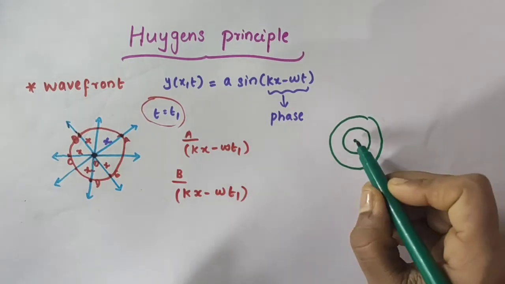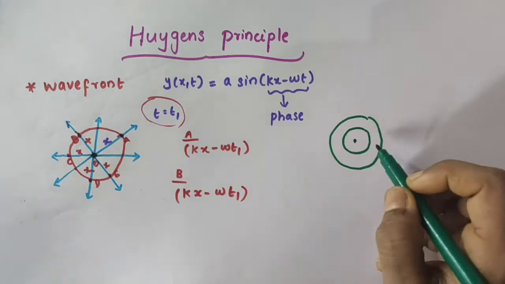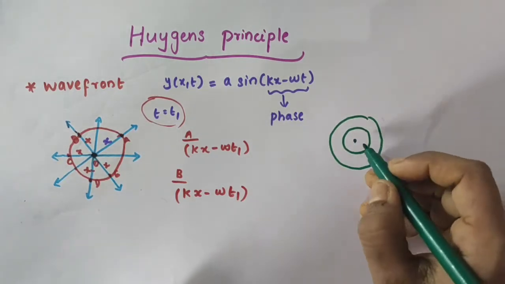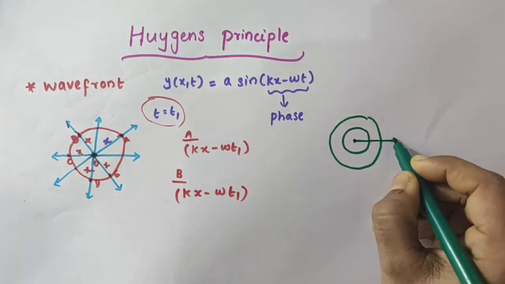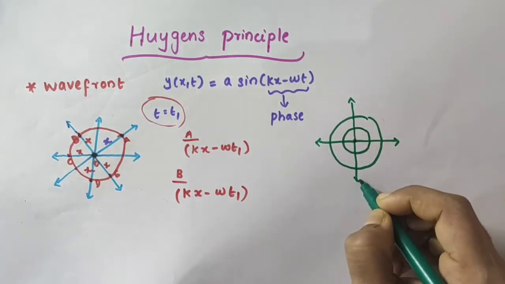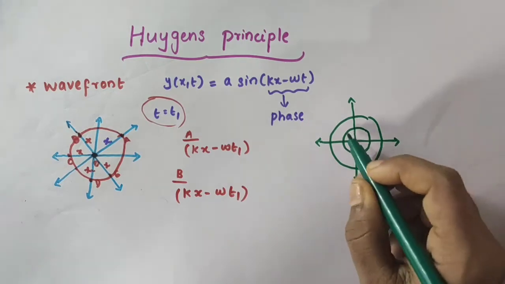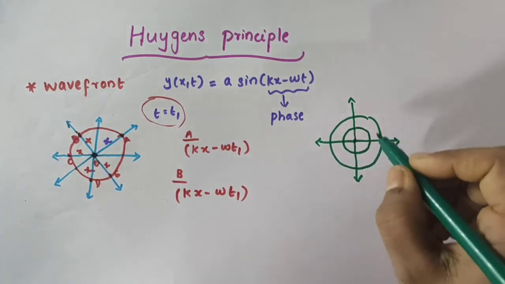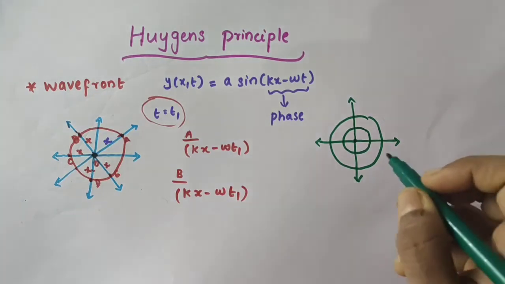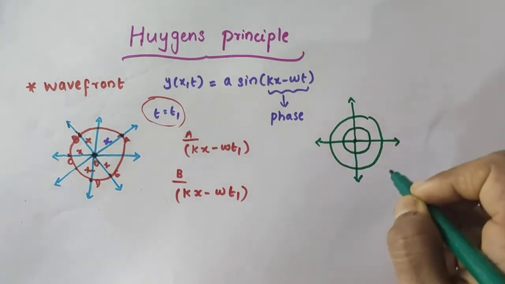So if we consider a point source of light which is emitting waves uniformly in all directions, in this direction, in this direction, in all directions. It's a light source. This emits light in this direction. We can consider a light ray here, another light ray here, and another light ray here. This point source emits light waves uniformly in all directions. That is the three-dimensional case. Then the locus of points which have the same phase are spheres.